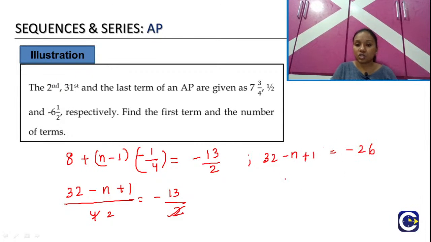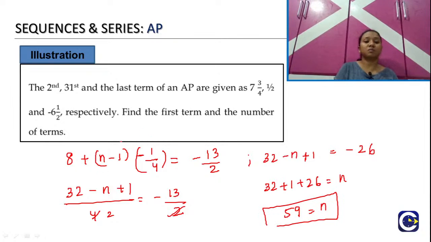So let's bring the n to the other side. So 32 plus 1 plus 26 is equal to n. That means 59 is equal to n. So the number of terms in this given arithmetic progression is equal to 59,